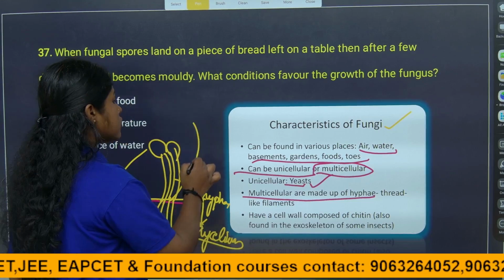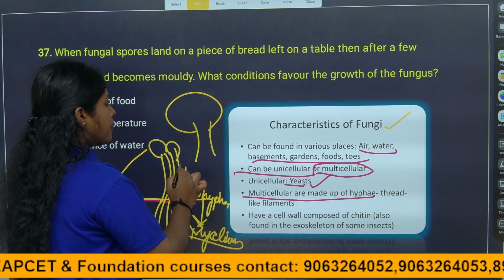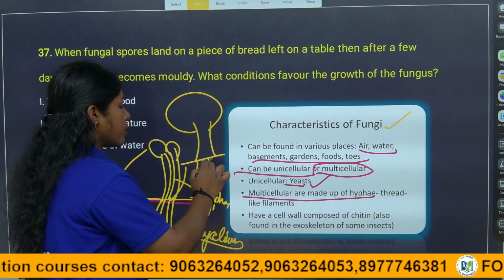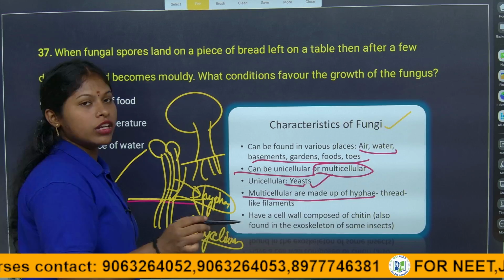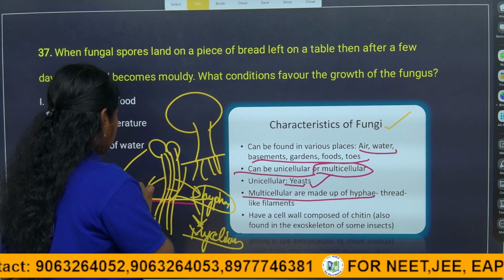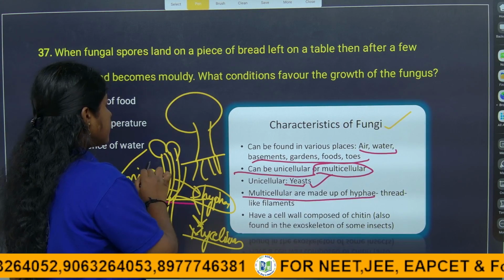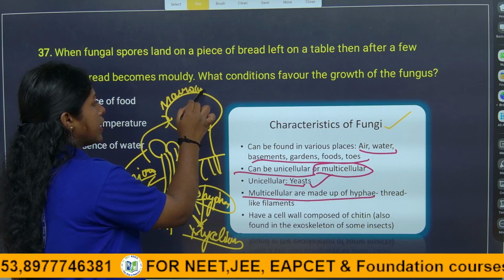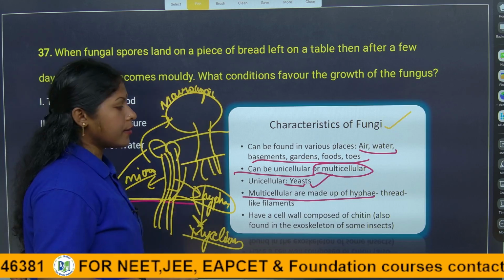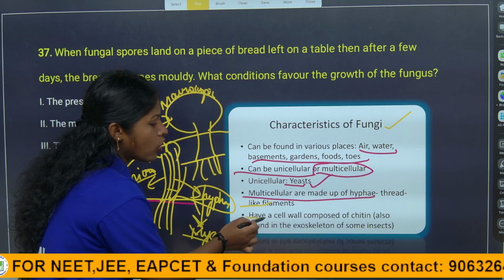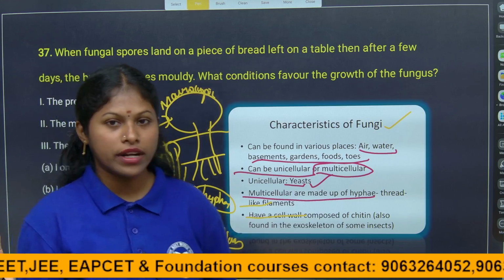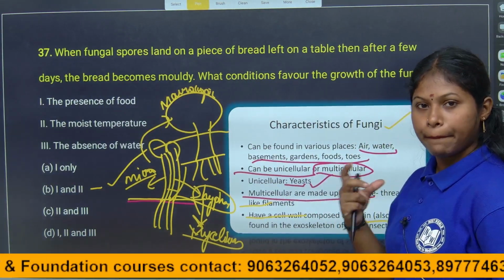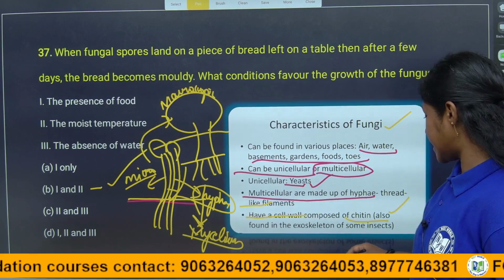Even the mushrooms also, children, when you observe through a microscope, they are the same. They are also made up of hyphae only. Microscopic ones also, we can see the hyphae. As they are macroscopic also, we can see with the naked eye, they are also made up of hyphae only. Thread-like filaments have a cell wall composed of, of course, fungi having the cell wall, it is made up of chitin. It is made up of chitin, children, which is the same material we can see in the insects,